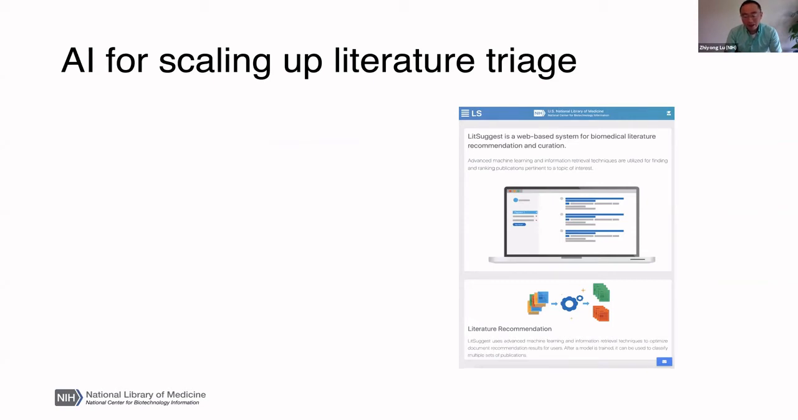But we looked at their needs. We found that a common theme is that they really want to scale up the literature triage process. In other words, they want to find a set of papers that are relevant to the topic that their database is curating. Their status quo is that they usually have a set of predefined or hedged